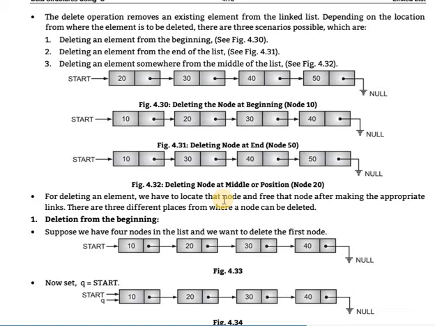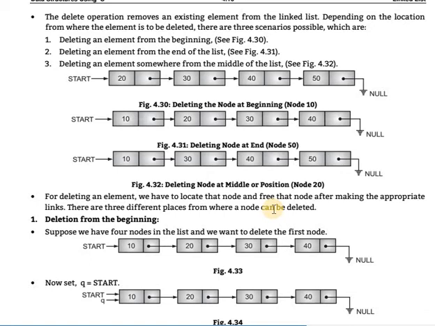When we locate it, after that the node is freed using the free function. When the node is freed from the list, you make the appropriate links, means the elements before and after the deleted element are connected with each other. Or if you deleted the first element, then the start head is connected to the second element. If you delete the last element, then the element before the last element is assigned null.